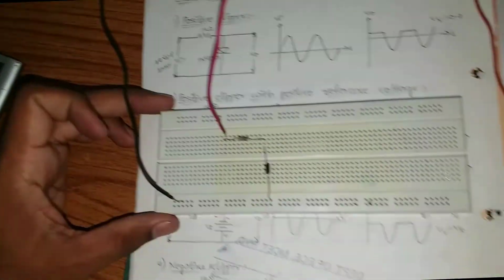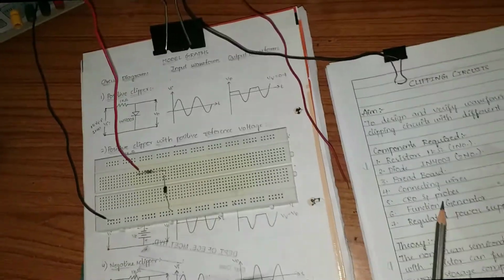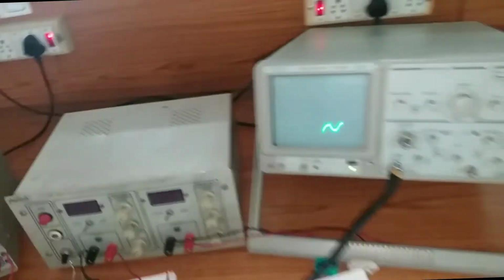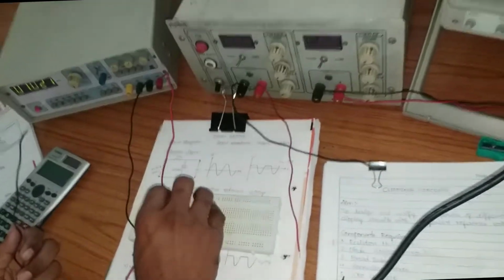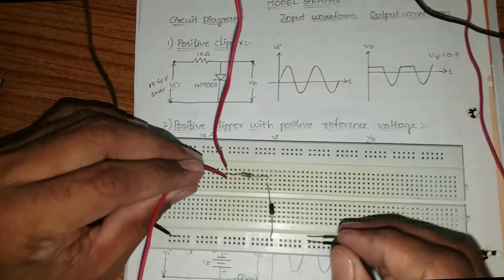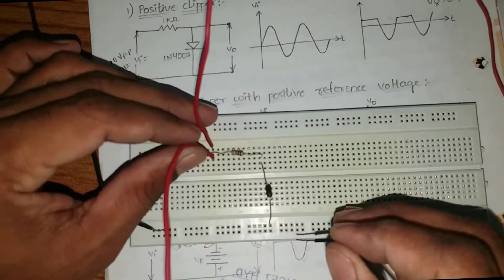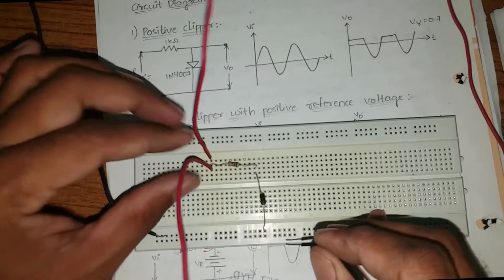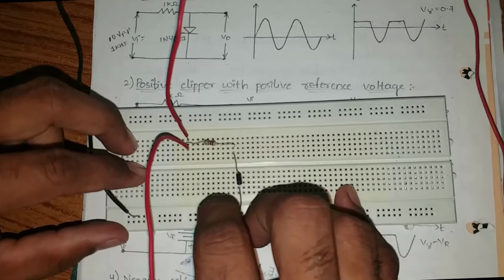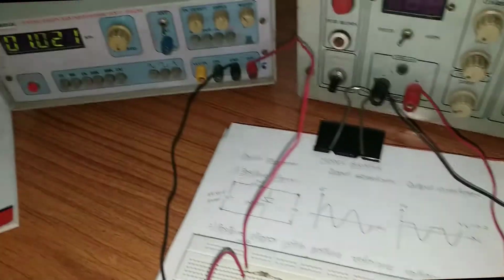In order to know and set the input voltage, I take the help of this CRO and CRO probe. How much input voltage do I require? 10 volts peak to peak. Where the positive side of the function generator is, there I apply the red probe, and where the negative of the function generator is, there I apply the negative of the probe. Because I applied the input voltage here itself, I can see it here itself.